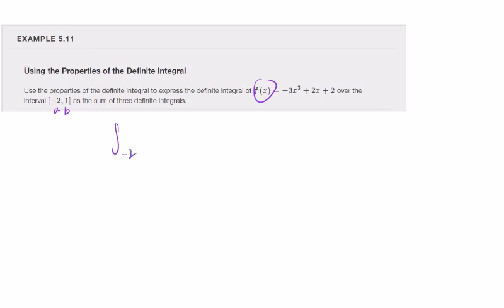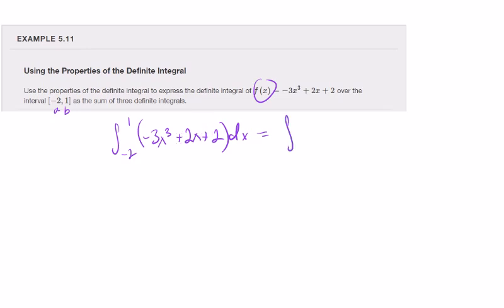We can say that we're going to go from -2 to 1 of -3x cubed plus 2x plus 2 dx. All right, and we want to convert this into three definite integrals. So first of all, we can use the sum and difference